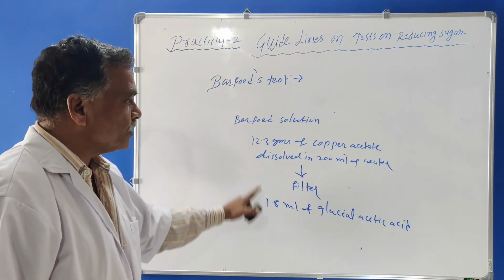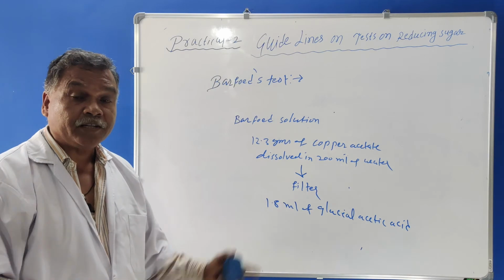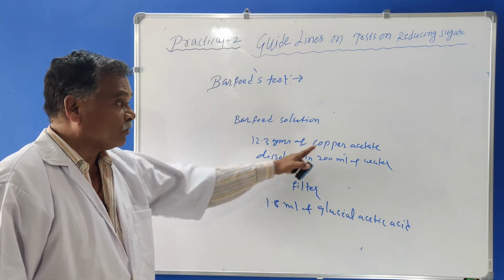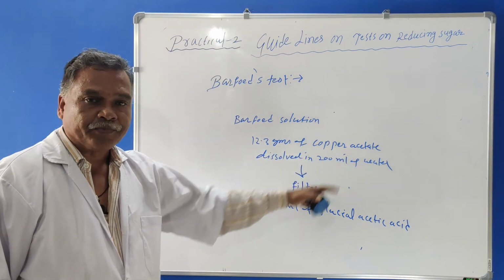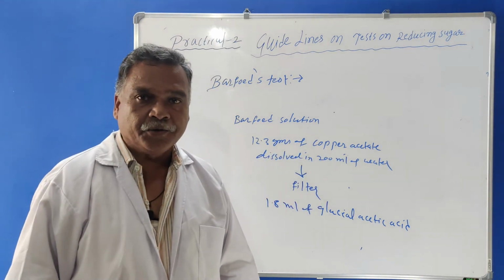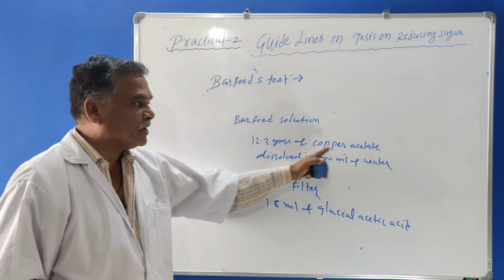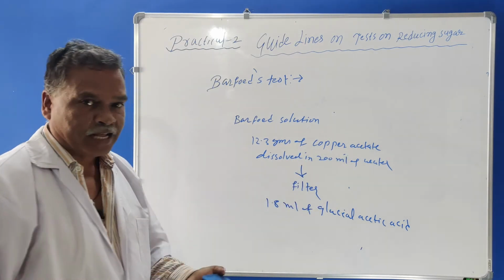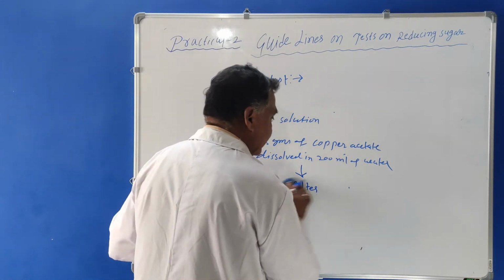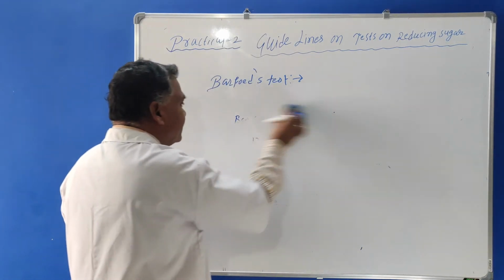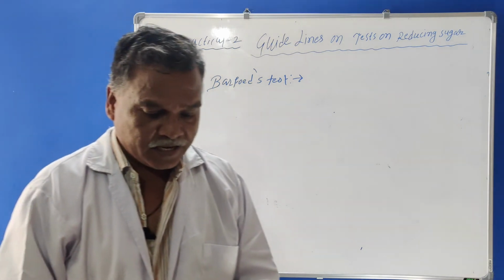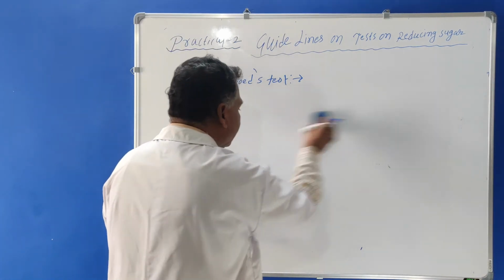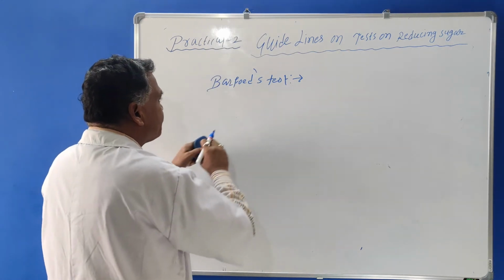So here you must know that the reduction is given in the presence of an acid medium. Here the acid is copper acetate. So the sugar will give reduction in the presence of the acid medium. Therefore, you must know that the reduction takes place in acid medium here. Therefore, the partial reduction is given at the bottom of the test tube. Now we'll see another test, that is Selivanov's test.